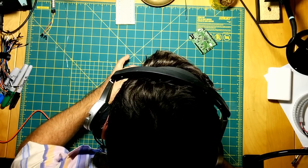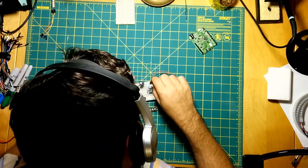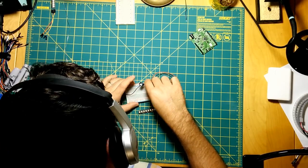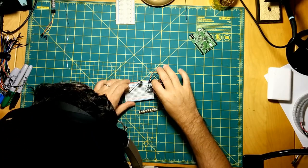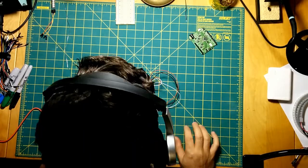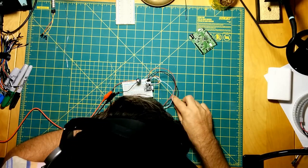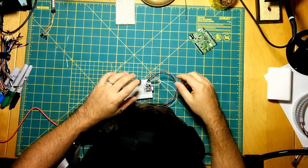Okay. That's a pretty ugly job there. I'll have to cut that at some point. And we'll go into data there. Okay, I think we're set. Let me just verify here. Everything looks good. We got our ground to ground, our power to power, and our data behind a resistor, and